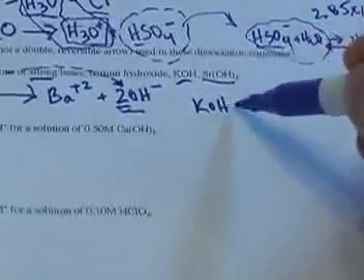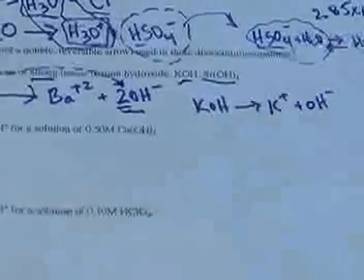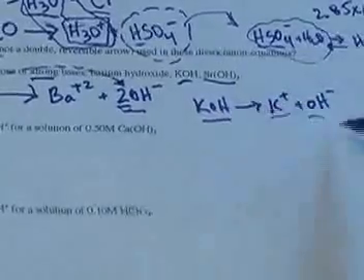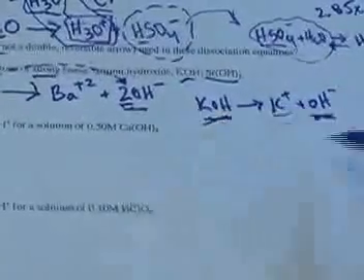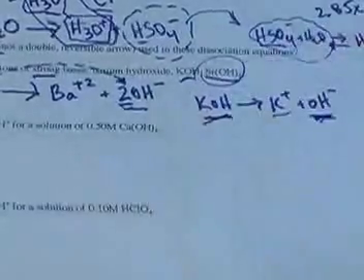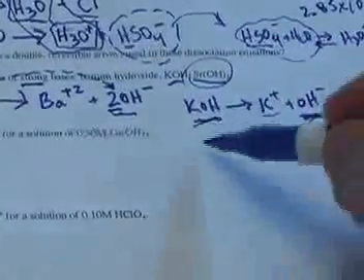Potassium hydroxide is easy. We're just going to write it with a single arrow and it's going to form K plus and OH minus, and I'm not going to put the aqueouses in there because we know that they're dissolved in water. Notice it's a 1-to-1 ratio here, so whatever the concentration of KOH is, that's going to be the concentration of OH minus. Strontium hydroxide goes back to the one that we just did with barium, where it's